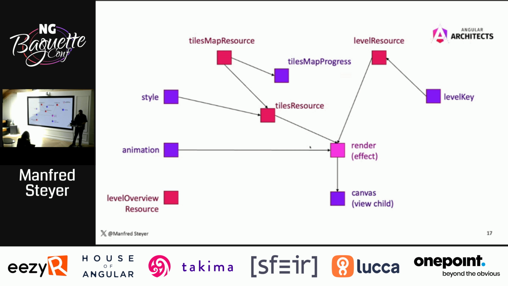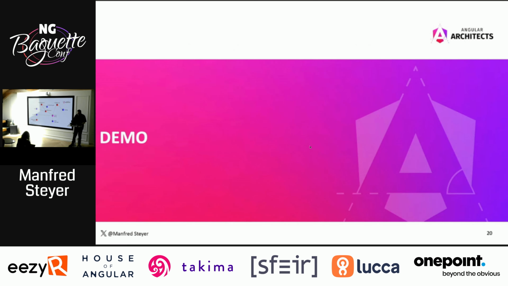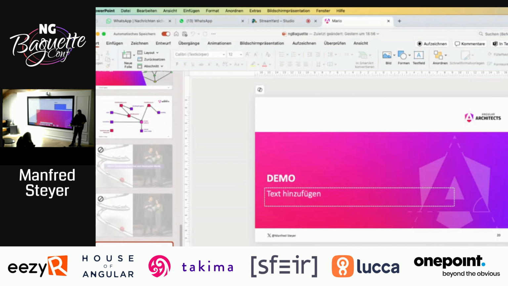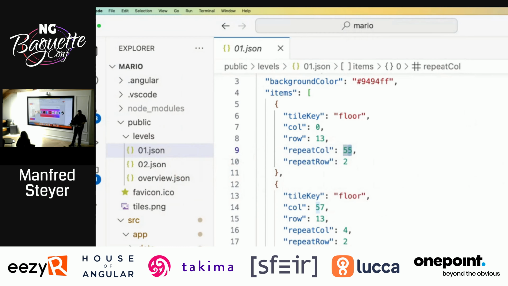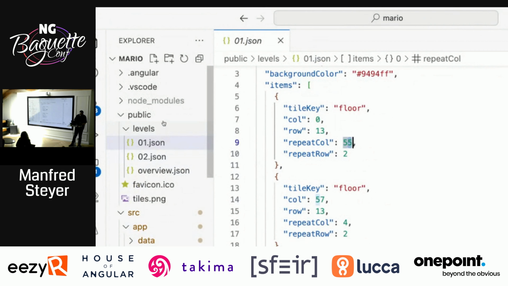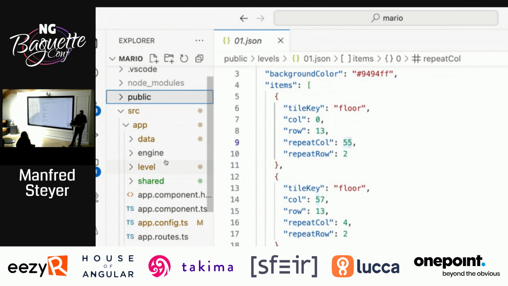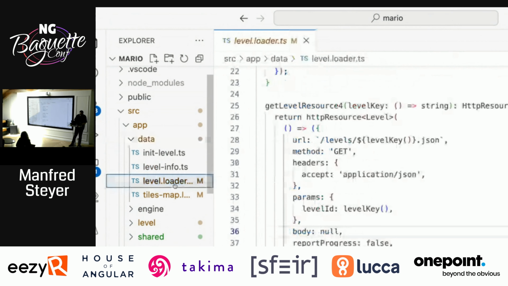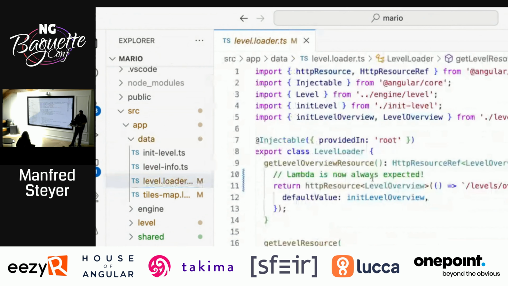Okay, and oh yeah, by the way, as an entry track, there is a level overview resource, but it's not doing much. It just gives you the level overview, informing you that you have 2 levels. Now let's discover this reactive graph in our application. And for this, let's get started with the level loader. So in there,